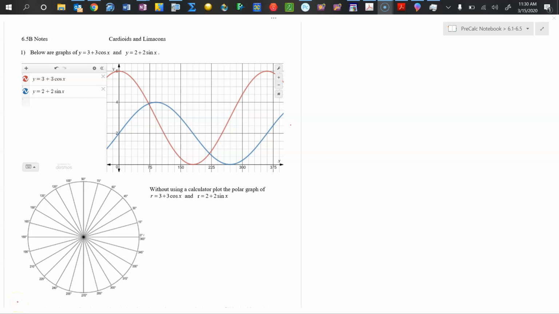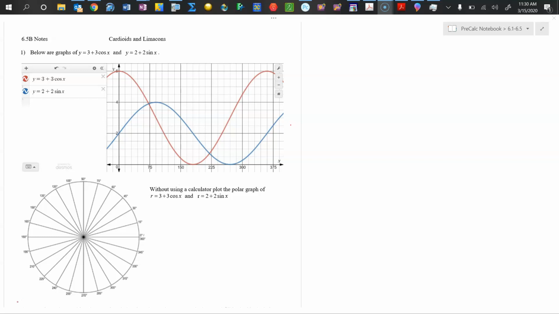Welcome back, everyone, and this is our final lesson on graphing polar functions. What we're going to do today is take a look at the effect of vertically stretching the function and vertically shifting the function. So we're going to start out by taking a look at graphs of y equals 3